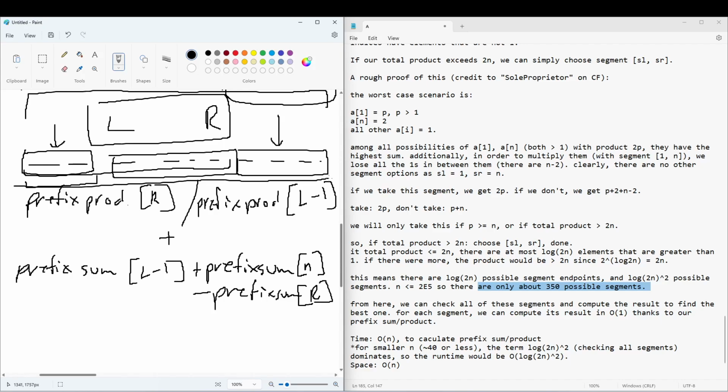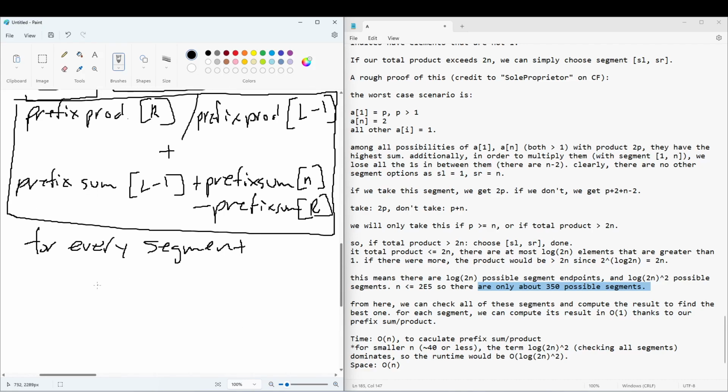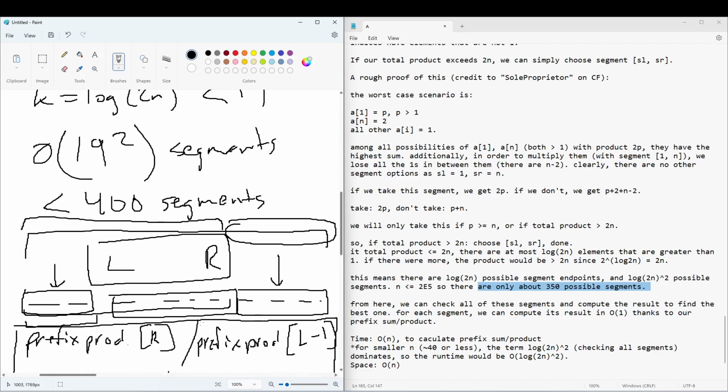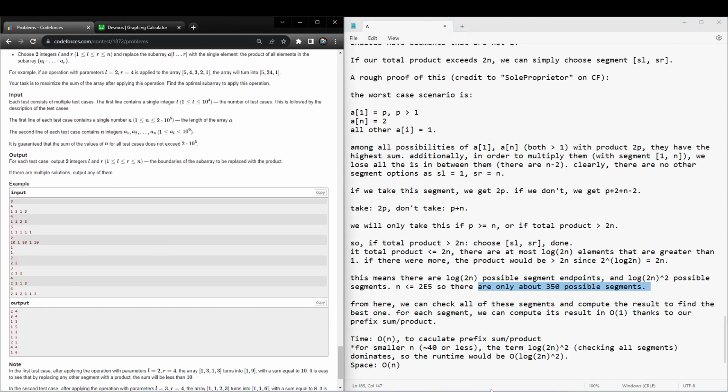So we can just compute this for every possible segment. Each segment candidate is any L and R such that L is less than or equal to R and A L greater than 1 and A R greater than 1. So any two elements that are not 1 are candidates to be the endpoint of our segments. So if I